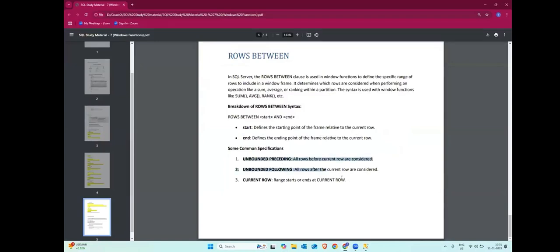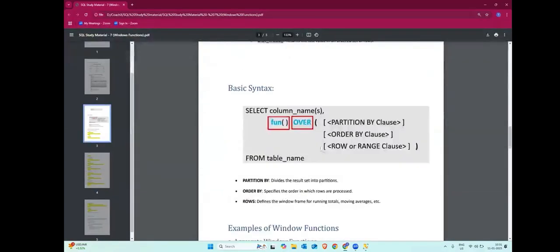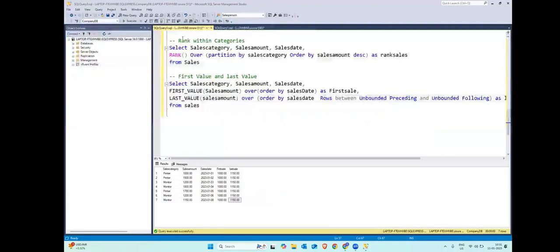Okay, these are the three things, and that is the rows and range clause. So partition by to do the grouping, order by to sort the values, and rows to specify what are the rows that we are working on. I hope this part is clear. If not, then let us do one question and I will explain it again. If it was not clear, we will do one or two questions and I will explain it again before concluding